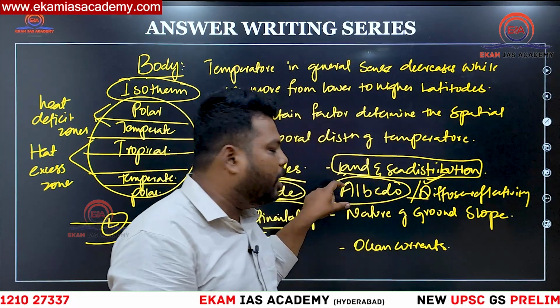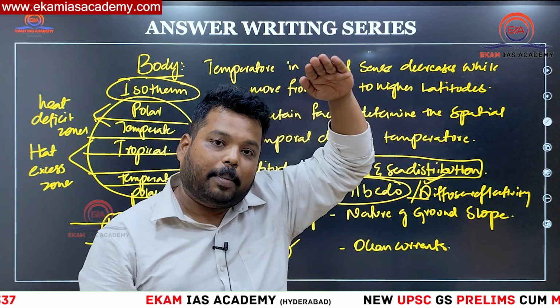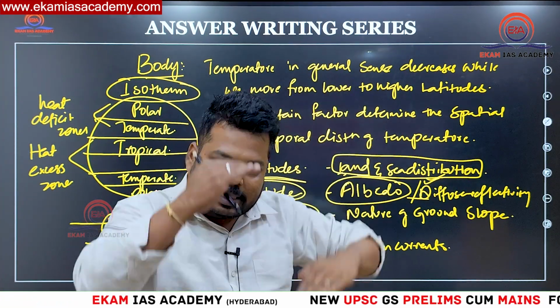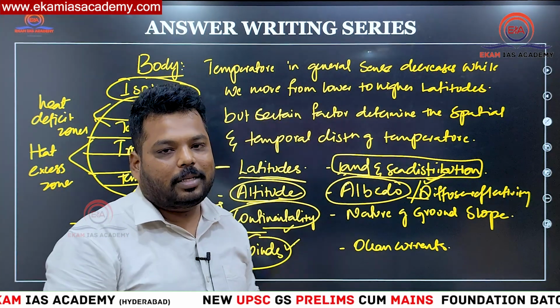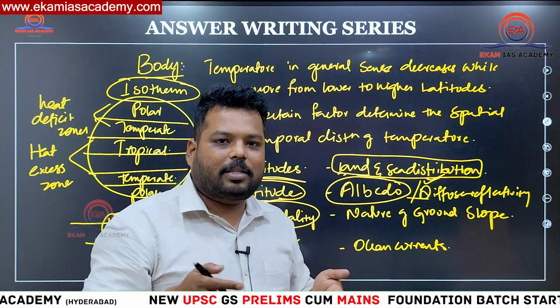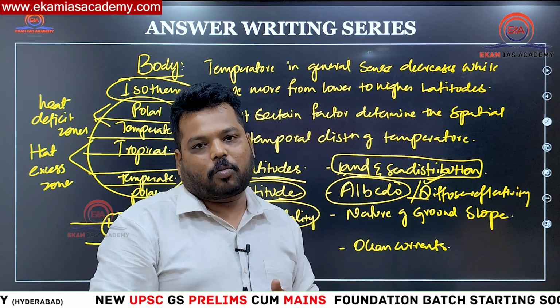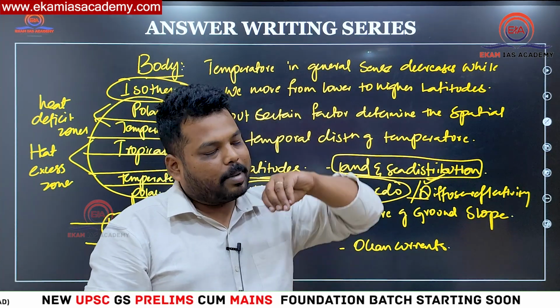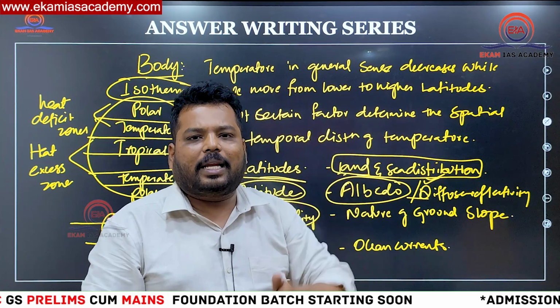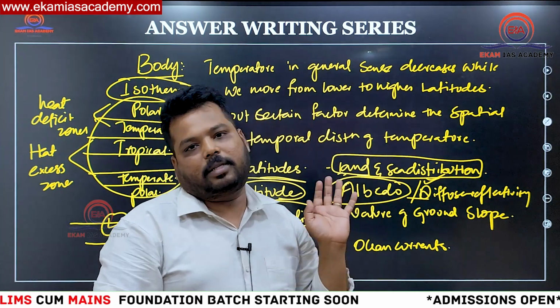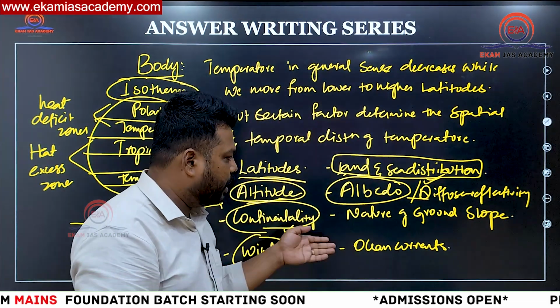So this albedo is a factor. Wherever we have high albedo, less temperature; less albedo, high temperature. So albedo is a factor that would be influencing. That's the reason why the roofs, terraces are generally painted with white color or green color so that maximum reflection happens, very little absorption. Buildings will not be black color for this reason. The reason behind it is this. So do remember this particular factor.